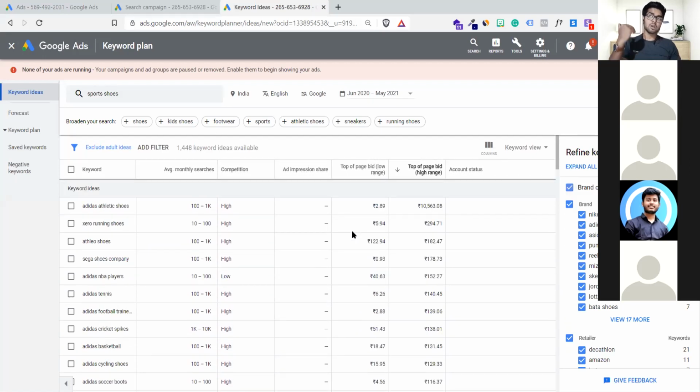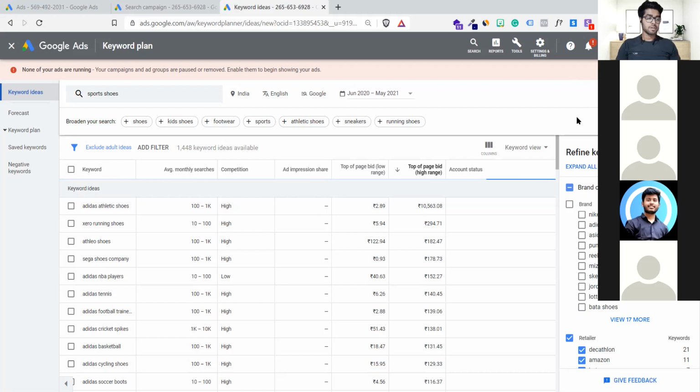So if your brand is not resonating with a brand like Adidas and all, and you are super new, don't use this name. I'll not recommend it. Why? Let's come to the business. People are searching for Adidas shoes. Why are you showing your ad? Why are you trying to become a supercharger in the game? Don't show advertisements there, because they are big players. They can afford big money, and they can kill your advertisement by ruining your budget. You have only 500 rupees a day to spend. They are paying 10,000 rupees just for a click. So how can you survive? Better don't use branded keywords. Major thing: don't use branded keywords if you are not big. So let's disable the branded keywords for now.